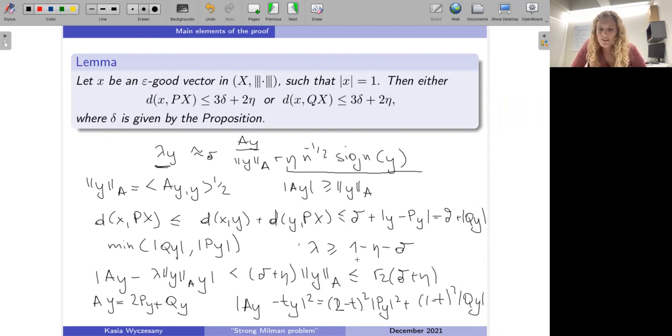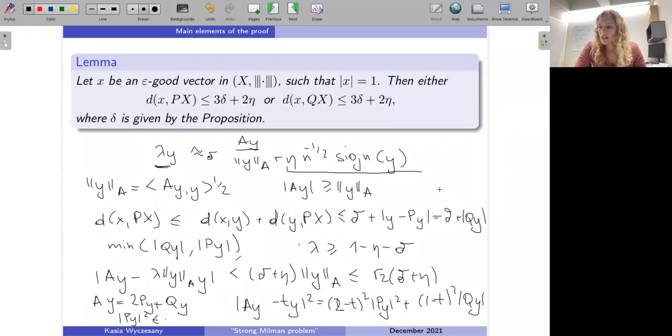And rearranging, making a small change of variables here, one can show that we must have p_y, sorry, for the small letters now, p_y squared less than or equal to some constant, which turns out to be exactly this expression squared, and the same for q_y, showing the claim. Okay, so now we know where in our norm the epsilon good points are. Are there any questions at this point?